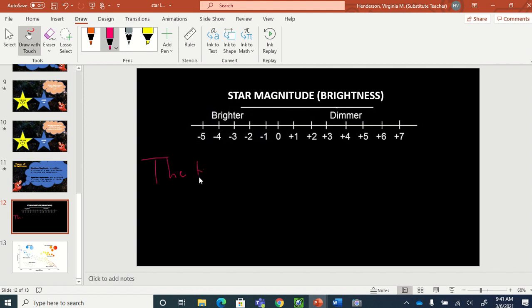The higher... I'm writing so well. I am doing this so awesome. I'm so proud of myself right now. The higher the negative number, the higher the negative number,